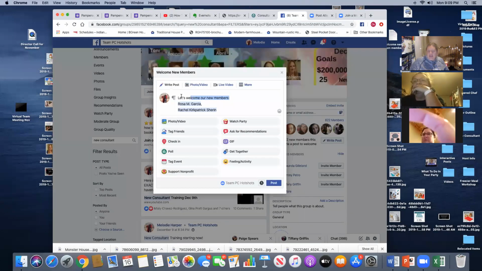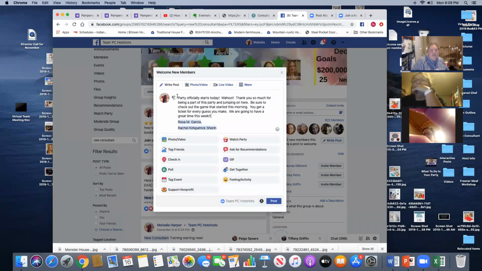Instead of saying this, I want to say this. Party officially starts today. Woohoo! Thank you so much for being a part of the party and jumping on here. Be sure to check out the games that start this morning. You get a ticket for every guess you make. We're going to have a great time this week, except yours is going to have all the people that joined your party, okay? So then what I do, I'll write on here,